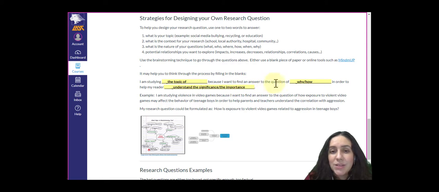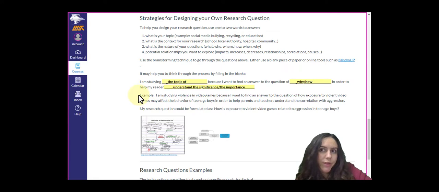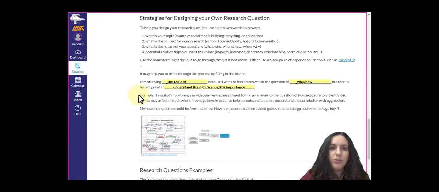Because I want to find an answer to the how or the why or the if. And the meaningful part of it is because I want my reader to do something, understand something, vote for this, to do this, to go to college, to get more sleep, to get help, etc. Right? What is the meaning of it?